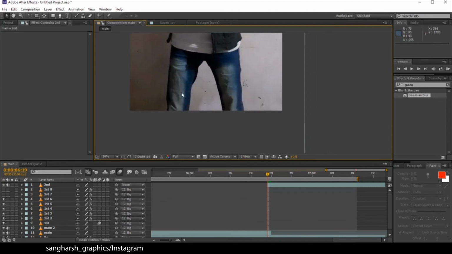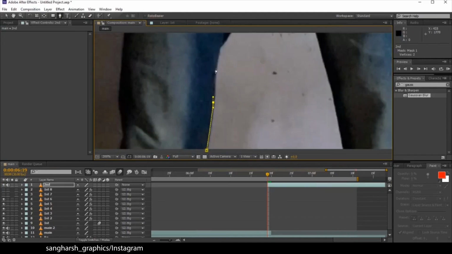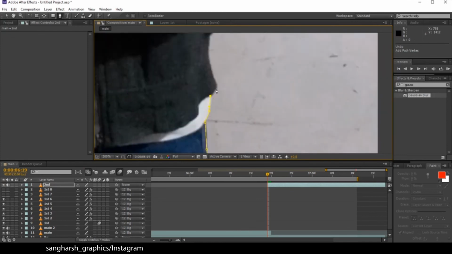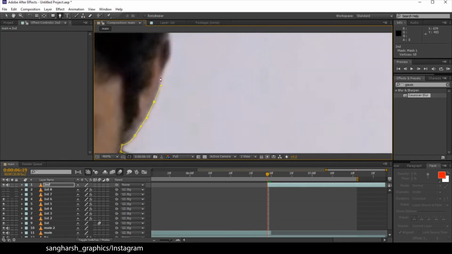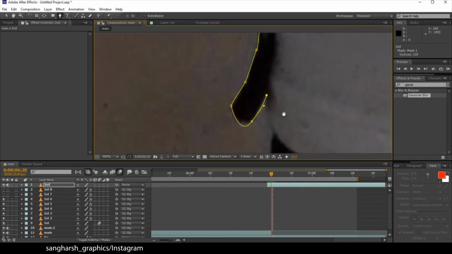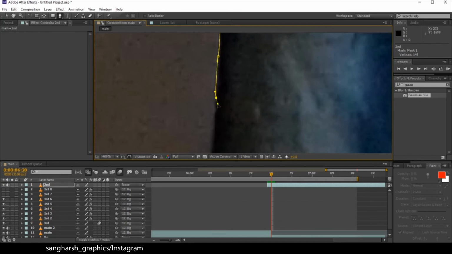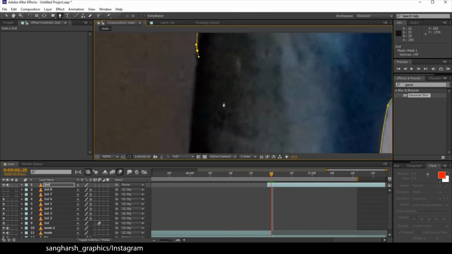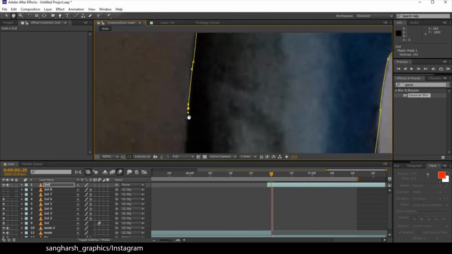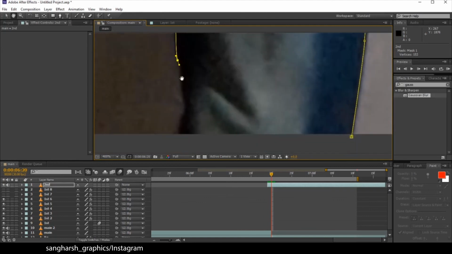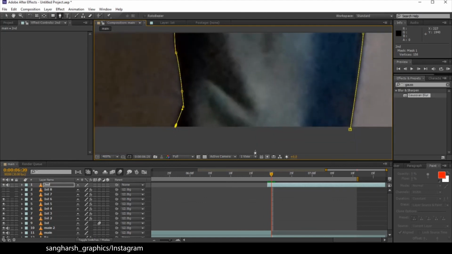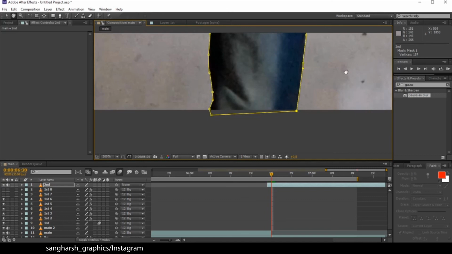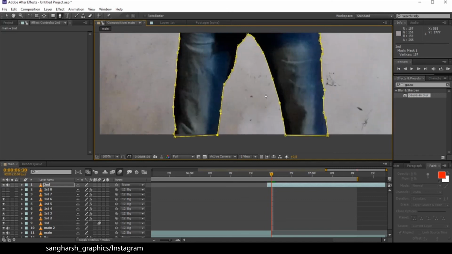So guys, I will meet you after masking this. So now we have done the masking.